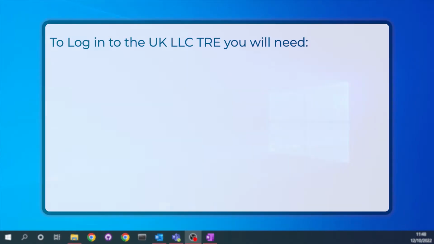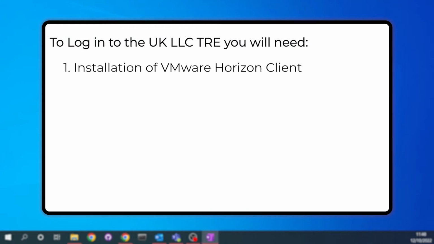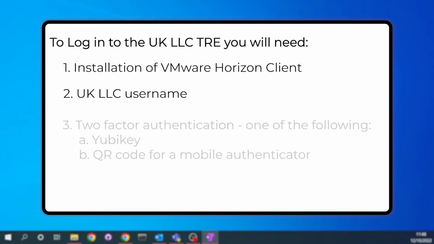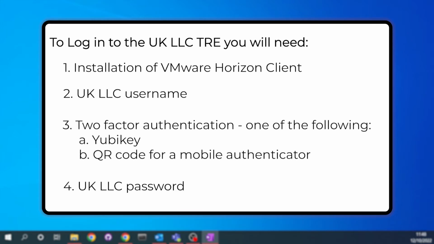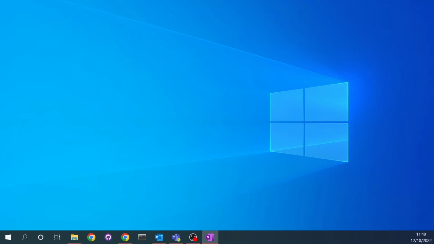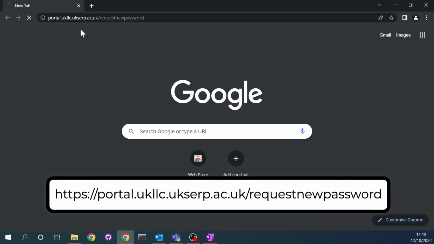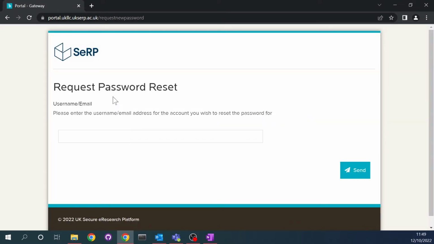To log into the UK LLC TRE or Trusted Research Environment, you will need an installation of VMware, your username, a form of two-factor authentication, and a password. Your username and two-factor authentication will have been provided to you by support at UK LLC by email when your account was created. If you have not already been sent a password, go to